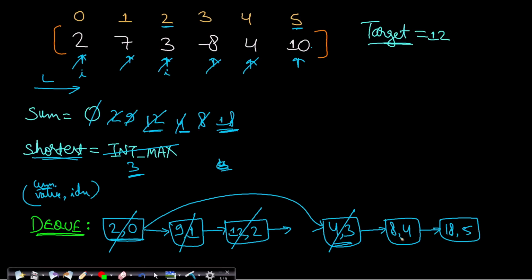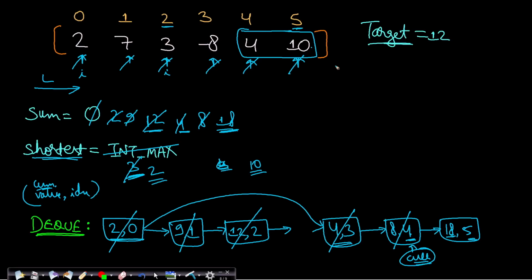So if I happen to remove it, let's say we removed it, then the sum left with us will be 18 minus 8, which will be 10, and now it has fallen below our target. So we'll keep popping it up unless we fall below the target, and as soon as we fall below target, whatever was the last popped item, I will store it in my current popped item. That item will be the starting point of our window. So 4 will be the starting point of our window, and the current items index will be the end point. So this will be the window, and what will be the size? 5 minus 4 plus 1, which will be 2. So compare 2 with the shortest, and 2 is less, so it will be updated.